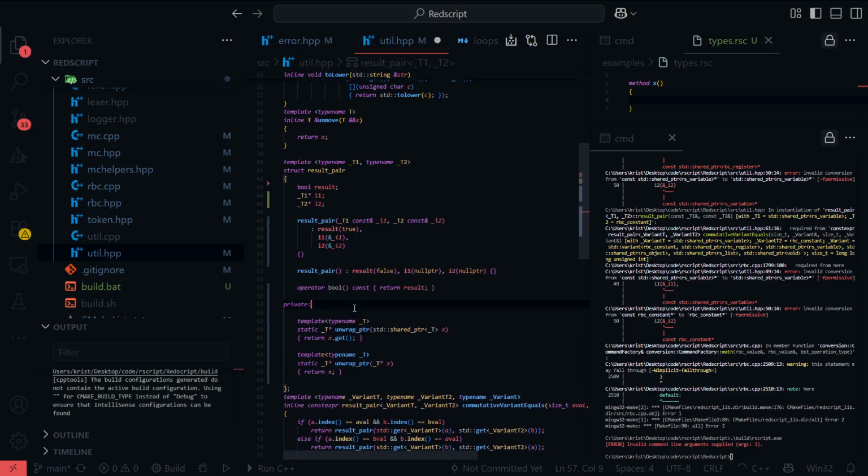Then we can pass this to... No, sorry, this should be T reference. I can make it const T reference. Can I do const T? I'll get rid of const. So I'll just do, or I'll keep const. Oh my god, I hate the const keyword. I'll just call unwrap pointer on I1 and unwrap pointer on I2.